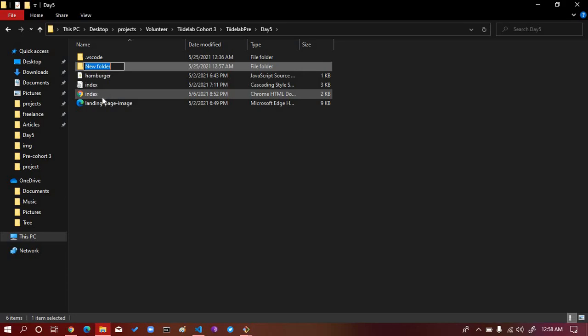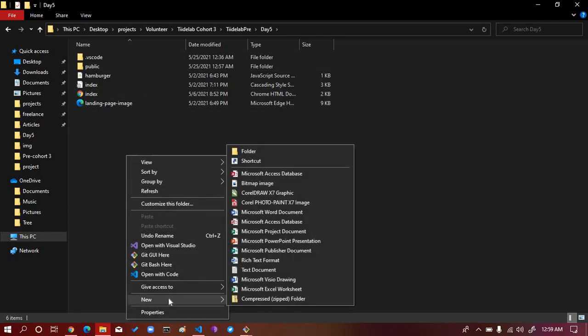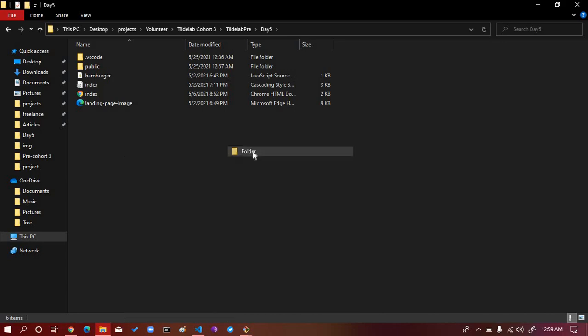So what we are going to do is create a public folder, where we are going to keep all our skills.html, about.html, and contact.html. But remember that the index is very important because that's what our hosting machine will be looking for whenever we are hosting our website. So the next thing we are going to create here is a new folder, and we are going to name it